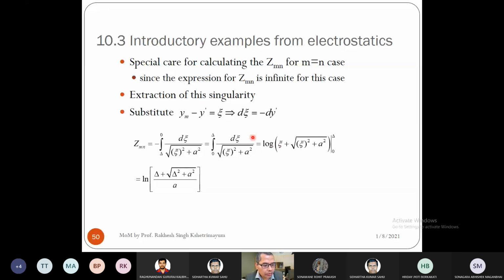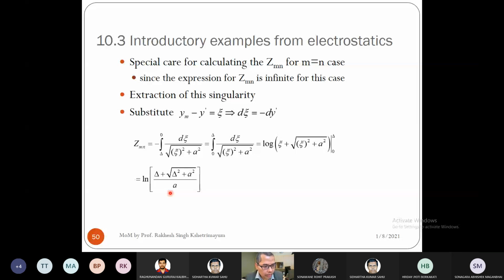So when you do integration of this expression, you get log of xi plus square root of xi square plus a square. Interval is from 0 to delta. I have made the change of the interval. It was from delta to 0. I will change it to 0 to delta. This negative sign will go away. Then you plug in value of 0 and delta as the limit. This is what you get for the diagonal elements. So in this case, diagonal element is always fixed. Zmm would become natural log of delta plus square root of delta square plus a square, by a. So we have calculated the diagonal elements, we have calculated the off diagonal elements,